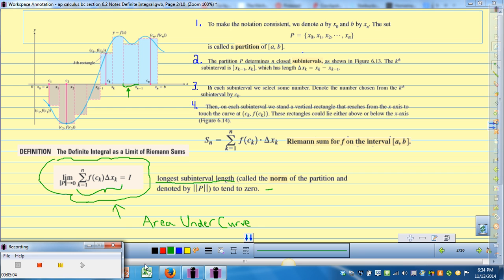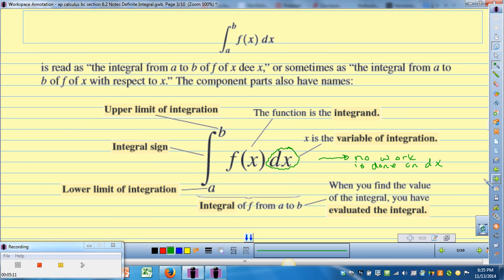And when we say area under the curve, we're talking about the area between the curve and the x-axis. All right. So now just working with the terminology. The definite integral symbol is the integral symbol with a lower limit of integration and an upper limit of integration. So if you see an integral sign that has a number on the bottom and a number on the top, that is a definite integral, and we are doing area under the curve, which is the area between the curve